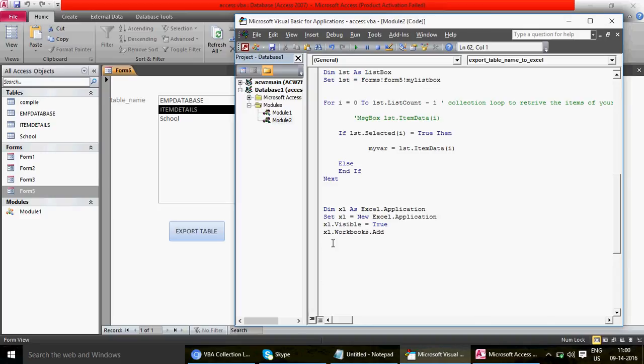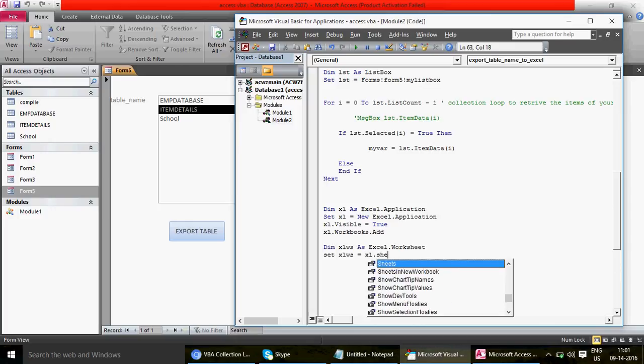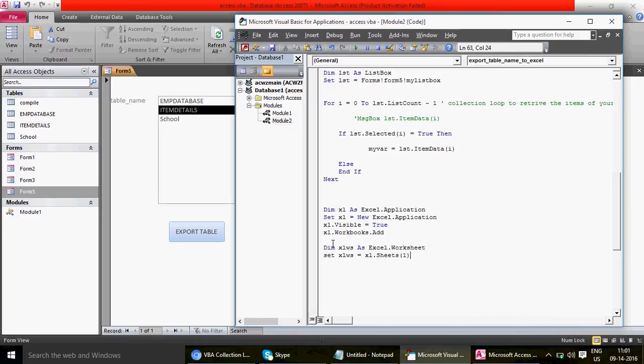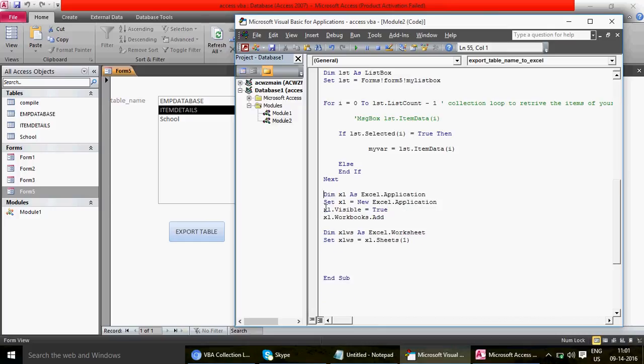in its first sheet, right? So I'm going to declare here dim, let's say Excel ws, as Excel.Worksheet, and set Excel ws equals to Excel.Sheets, and that is going to be the first sheet because it is going to be a new sheet, so I really don't have its name. Obviously you're going to create a new workbook, so you would like to go on the sheet 1. And then, as you know, we have stored the table in the myvar, right? So here we're going to run this loop, which is